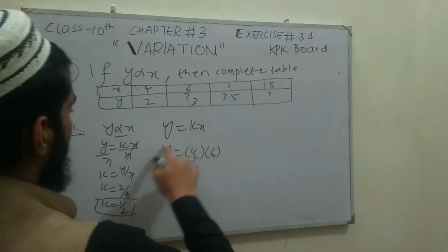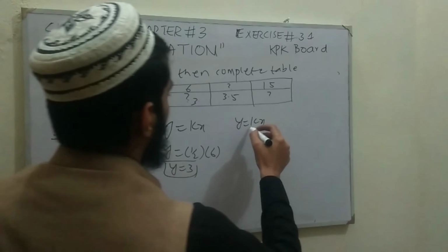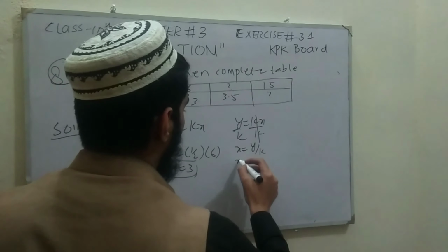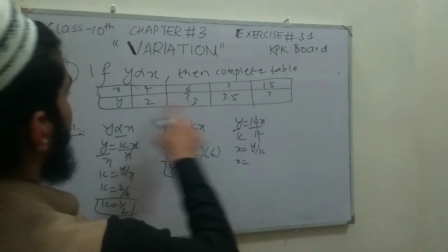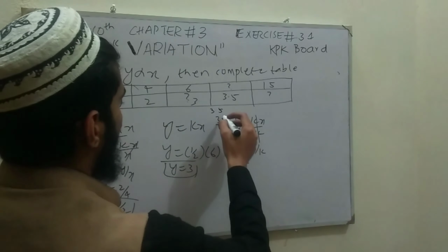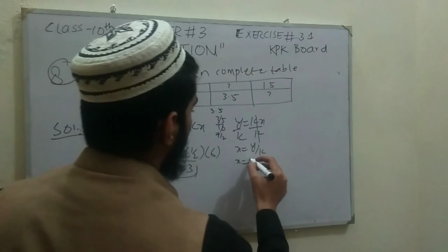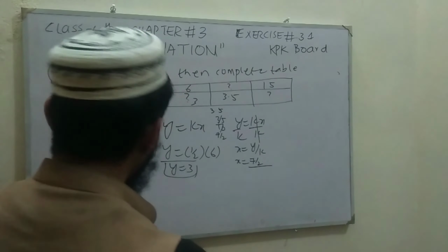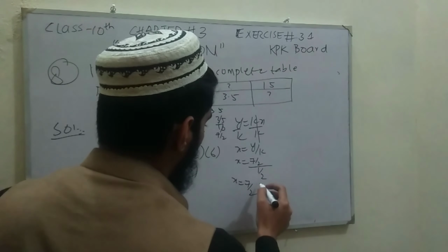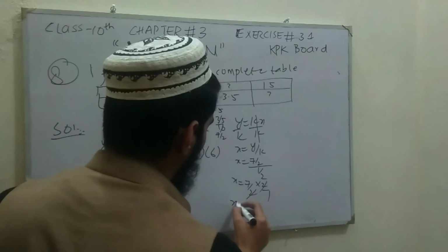Now using the same relation, y is equal to kx, for finding unknown x in this column, divide both sides by k. So the value of x is equal to y divided by k. The value of y is 3.5, which can be written as 35 divided by 10. Dividing numerator and denominator by 5 gives us 7 over 2. So x is equal to 7 over 2 divided by k, which is 1 over 2. Reciprocating 1 over 2, it becomes 2 over 1. 2 will cancel out with 2, so the value of x is equal to 7 in this column.